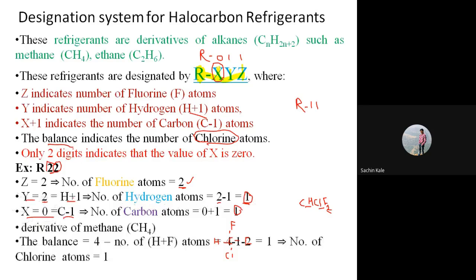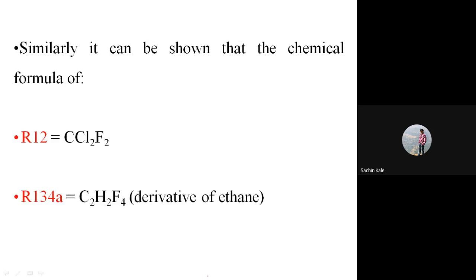So just as a revision purpose, I have told you this designation system. In the same way, the chemical formula for R22 will be CHClF2. In the same way, you can find out the chemical formula for R12 as well as R134a, whereas A is indicating